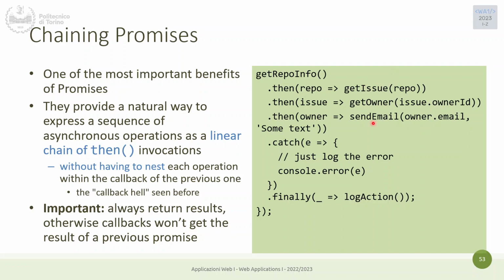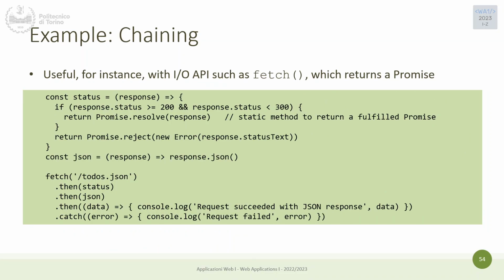It is important that each method returns results, otherwise you can't get the result of a previous promise. But that seems quite obvious. And you avoid the so-called callback hell that we saw a few minutes ago. This is just a simple example using fetch,